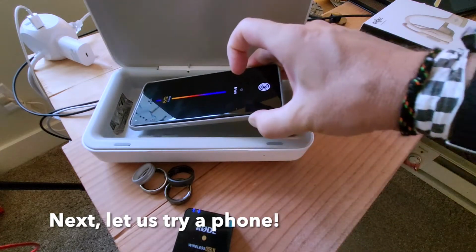Now heat's very important. Sometimes heat can cleanse, but sometimes heat can destroy. You don't want to melt your smart rings. But at 82, that's nothing. So you gently place the phone in,